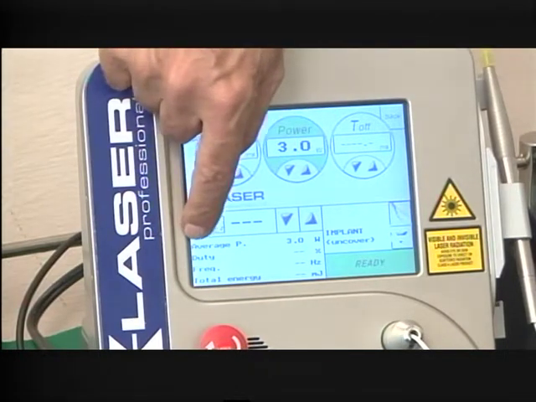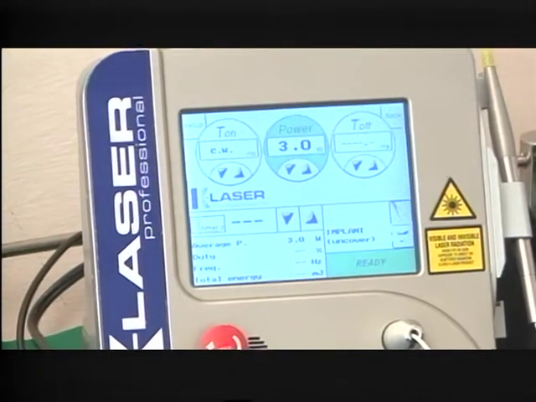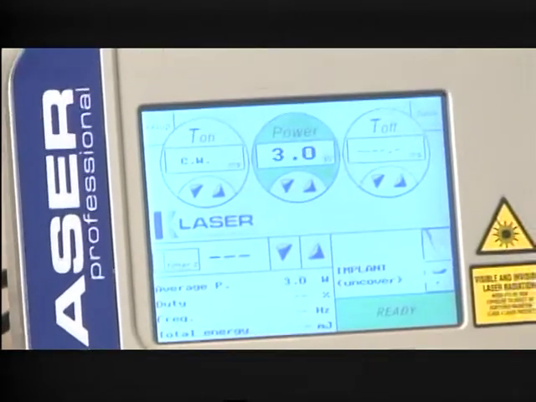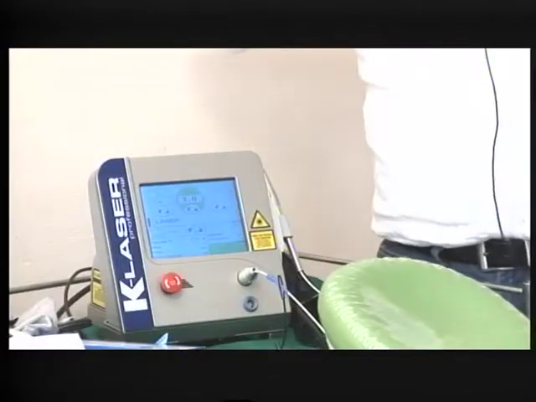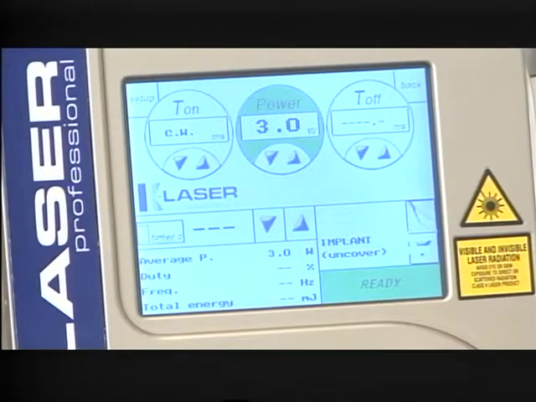Here it gives you the average power, and this is the duty cycle. In the duty cycle, you will know for how much time it is on and how much time it is off. Typically, we are using about 50% duty cycle, that on time is the same and off time is also the same. But there are certain procedures which may demand one cycle on and 3 cycles off. That comes down to 25% duty cycle. In that case, you will have to choose something around 5 or 6 watts of power on the machine to be able to deliver an actual 1.5 watt for the average power.